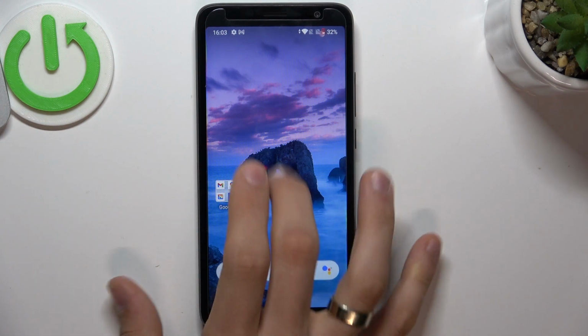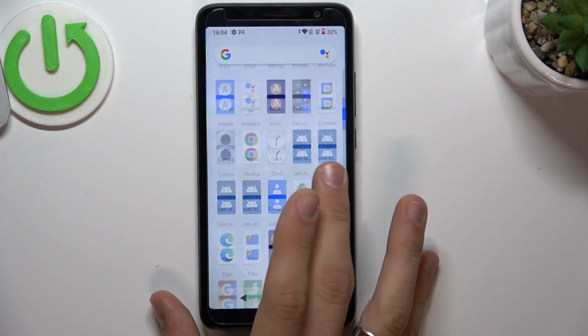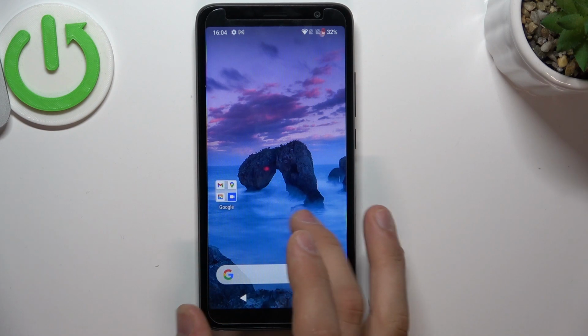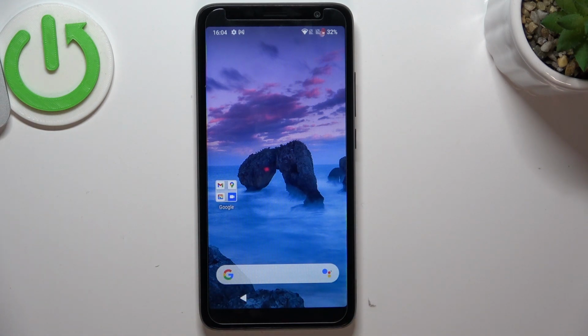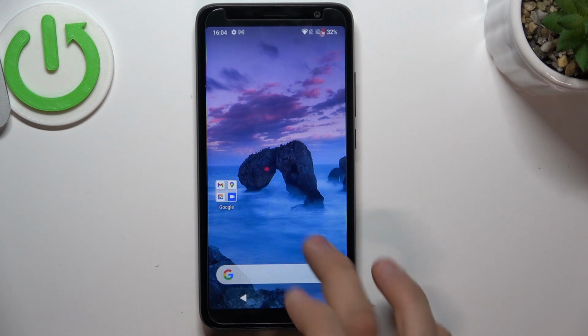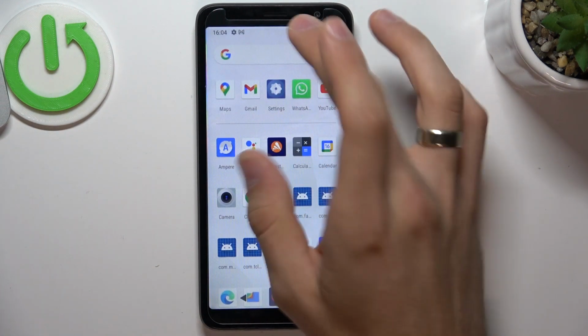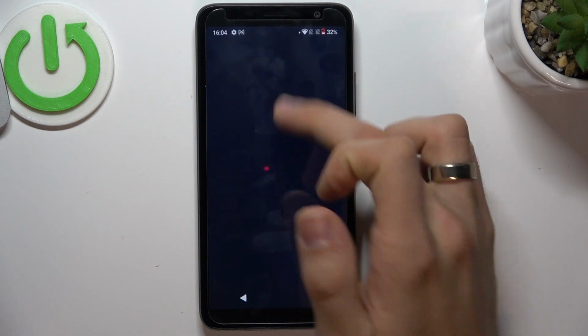It looks better. It looks better because it's simple pixel style launcher, and in this way it's very lightweight theme too, but it looks like pixel device. Cool. On the second place in my top was this theme, but on the third place in my top